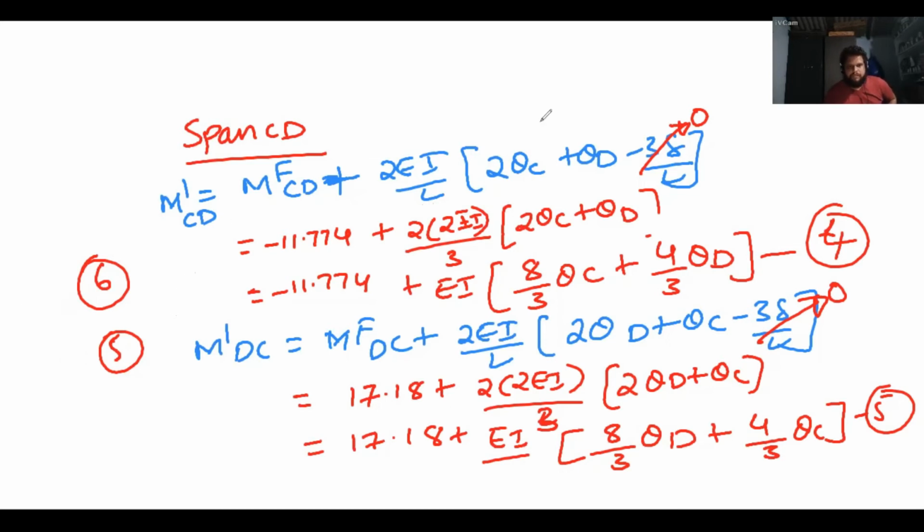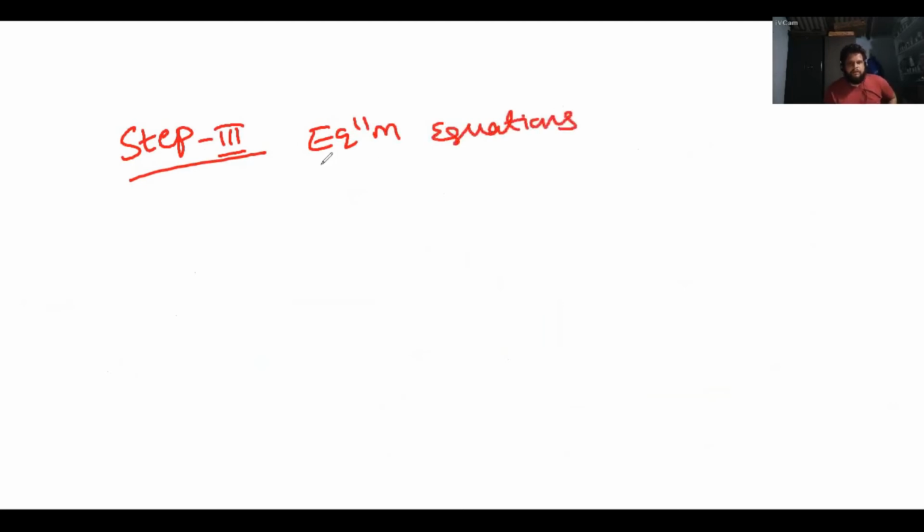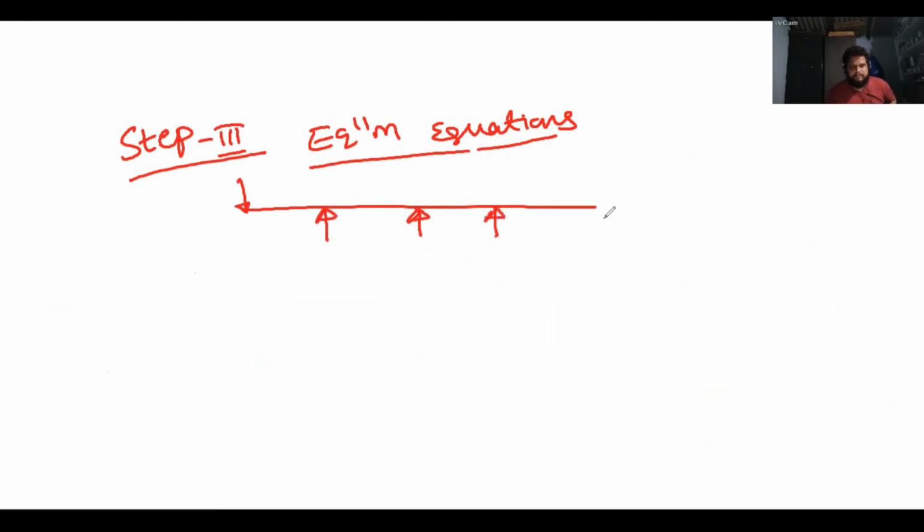Now once this is done, step 2 is completed. Our step 3 is equilibrium equations. Whenever you are writing equilibrium equations, here equilibrium equations also will get reduced. Again this is your cantilever portion A, B, C, D. Because of this loading, you have generated one clockwise moment, and for that, we have already got our equilibrium satisfied, 2.75 here, 2.75 here.